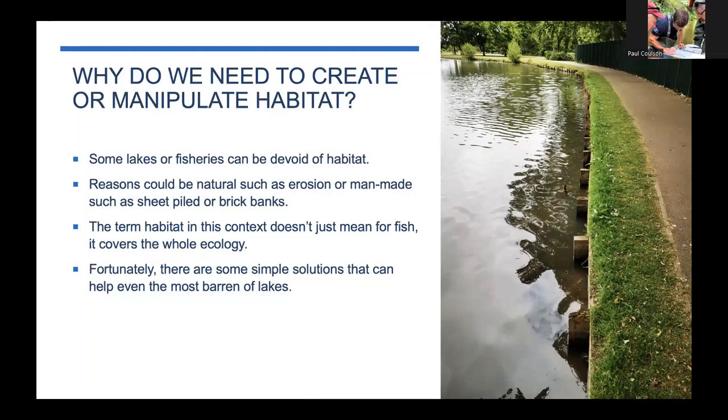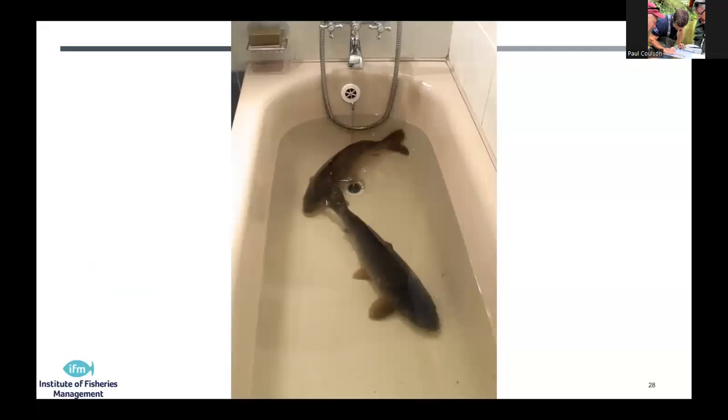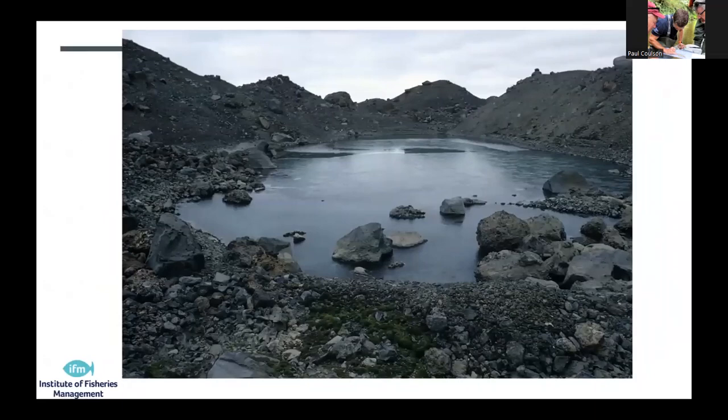So we could do something there. We could look at improving the habitat, and there's certainly ways we can go about doing that. There are too many fisheries now that look like this. All right, I'm being flippant, carp in a bath, but they don't have any cover. You've basically got fish swimming around in open bodies of water, and that's stressful. Okay, maybe this isn't a great fishery either, but it does show the sort of moonscape type environment that we can sometimes think we're dealing with.